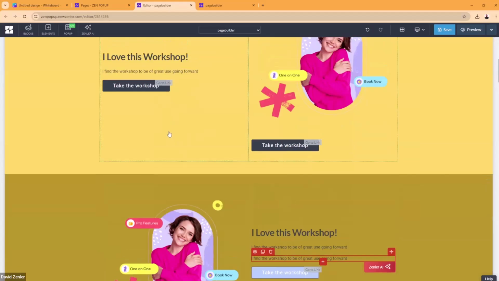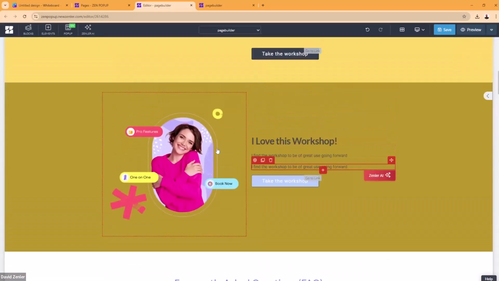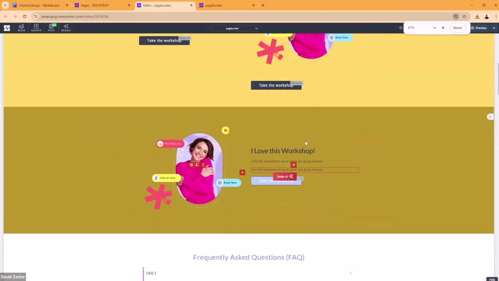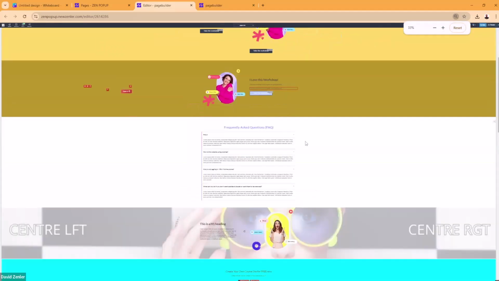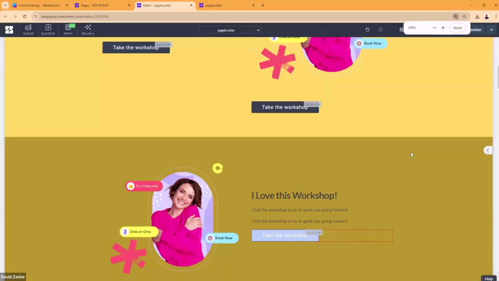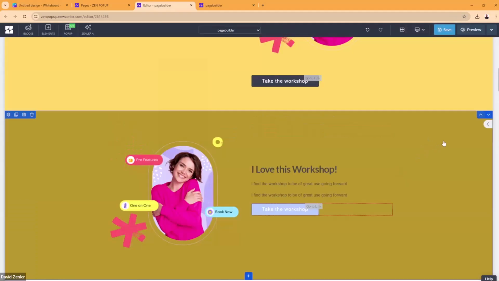Another thing is sometimes you'll have text right at the top and then you'll have the block right at the bottom. So what you can do, and this is a good little trick, is hold the control key and press minus on the keyboard. What will happen is you'll start to zoom down like this. And this can be really good because it allows you to go and click a block like this, clone it, and then inside here, I know it's really small, but then you can drag it into another area like here. Or the other way of doing it is you can reset it, move the block up closer to the other block, and then put it in from there. So that's something that happens a lot as well.